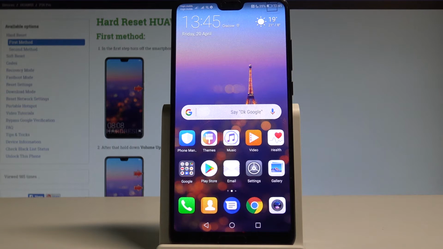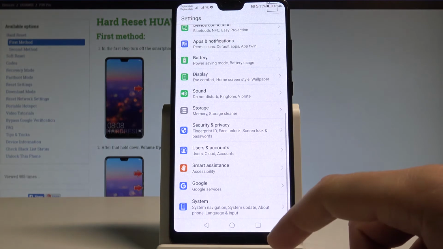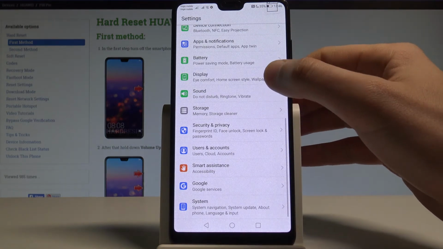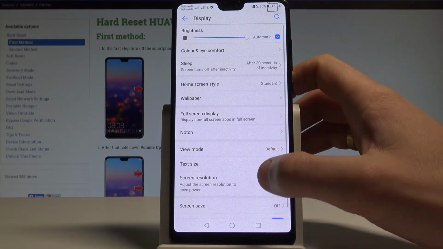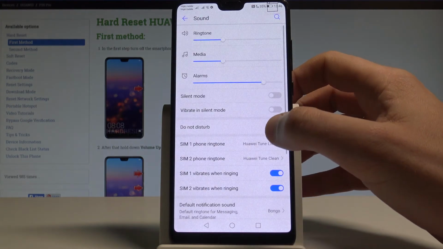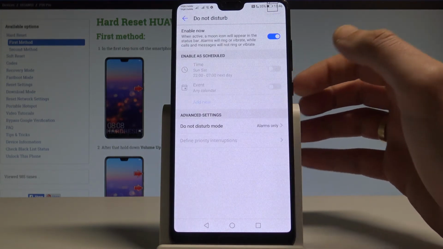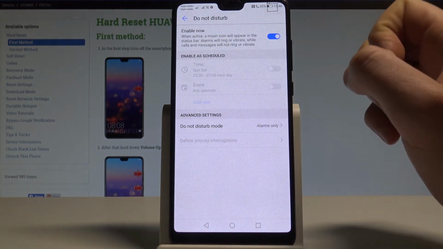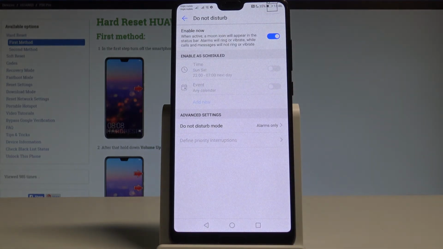So now if you would like to configure your Do Not Disturb, let's find and select the settings right here, then choose Display. Here, let's choose the sound, of course. Here you have to select Do Not Disturb, and now as you can see you've got your mode enabled in